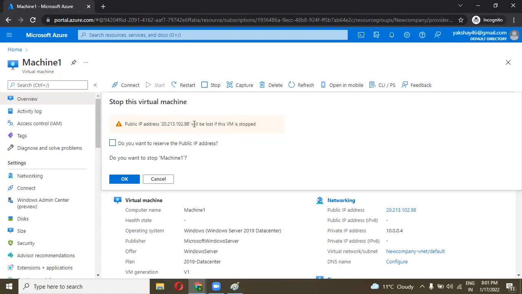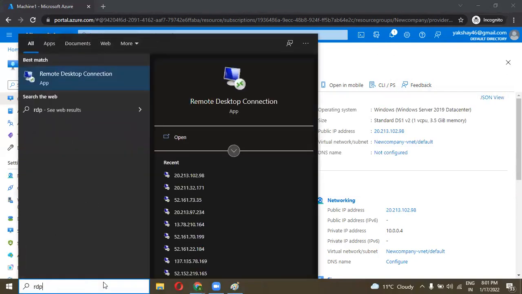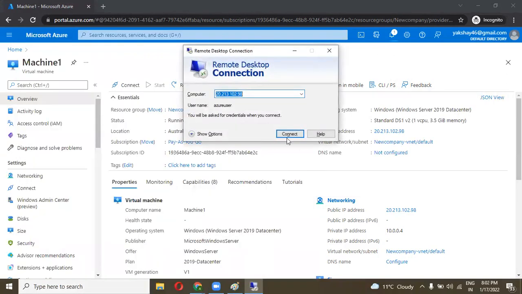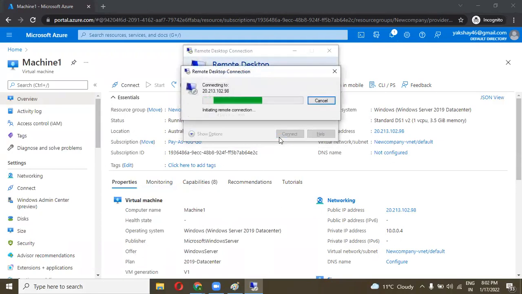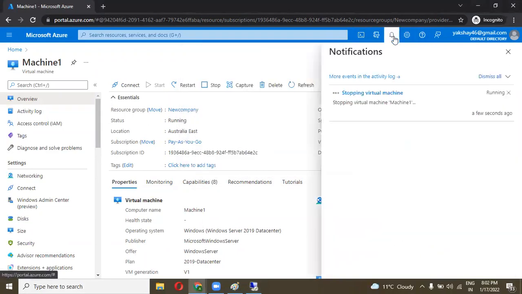So first see what happens when we stop a machine. So click on the stop. Our RDP session is already stopped, so you are not able to connect with that machine. So it gets failed. Okay, so once the machine is successfully stopped, you will get a notification over here, and